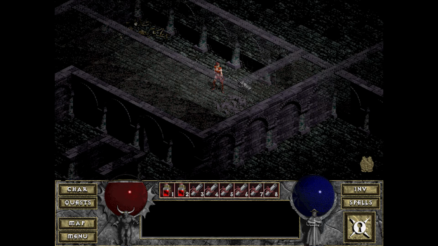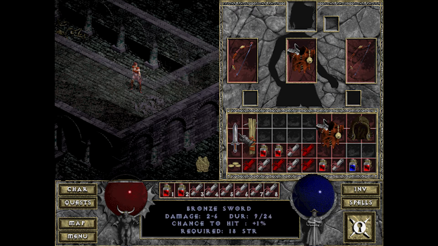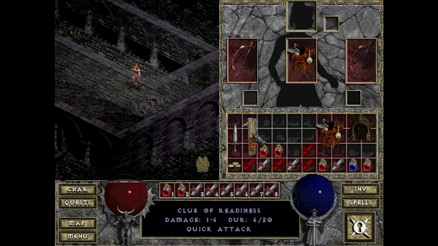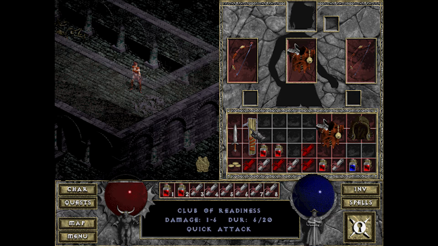Alright, this is pretty dark, isn't it? I think they captured this whole thing really well. And let's see, we have so many identifier stones we can... Oh, quick attack, that should bring a lot of money. Club of Readiness, and you will see something here with how the items are generated. These are also all random. And you will see how